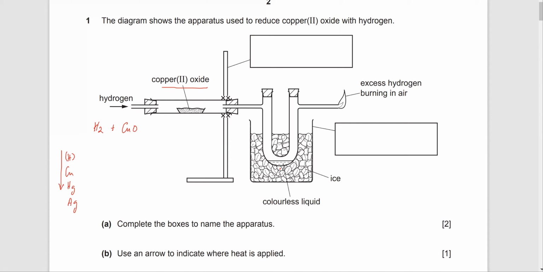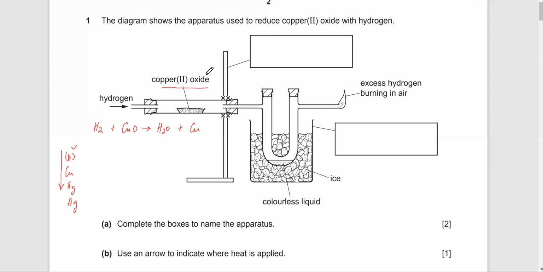Now hydrogen is more reactive in the reactivity series, so that means these were displacement reactions, or this was known as reduction with hydrogen. With this we extract metals. What would happen is that hydrogen, being more reactive, is going to steal the oxygen from copper. So hydrogen is going to steal that oxygen and form water, and copper will be left alone. Okay. So this is the reaction that's happening at this point over here.